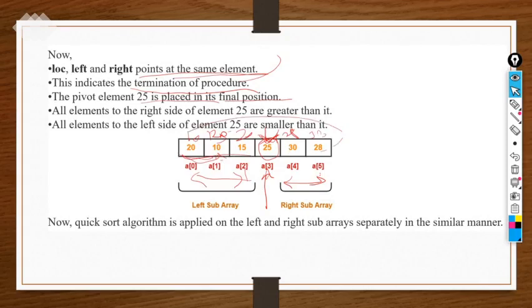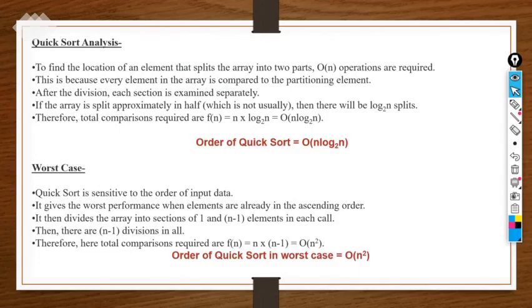So first thing, find the pivot element. Then it will make our task 50% easier. Our main target, and the most complicated thing that we have to focus on in the beginning, is to fix the position of the pivot element. Then it will be easy to sort the left subarray and right subarray. In the same manner, as we have fixed the position of the pivot element, you will fix the elements' positions on the left hand side and right hand side. So it was all about the quick sorting algorithm.